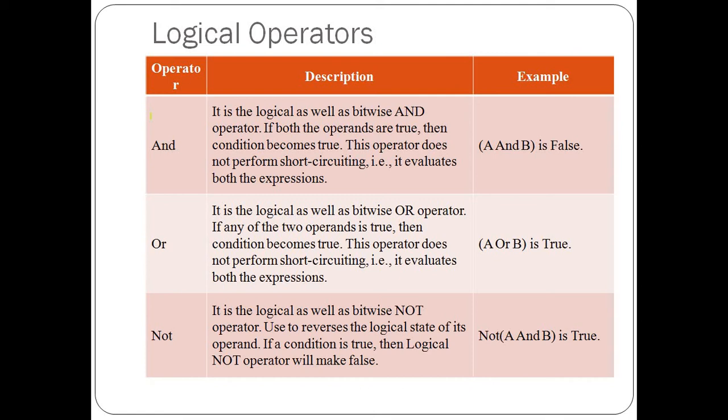For example, attendance will be given when students sit quiet in the class and when they pay attention towards the lecture. If I combine these conditions, what are the conditions we have here? Sitting quiet in the class and paying attention towards the lecture. These are the two conditions we have. When both these conditions are true, when a particular student sits quiet in the class and listens to the lecture carefully, then attendance will be given. Only when both conditions are fulfilled by the student will attendance be given.